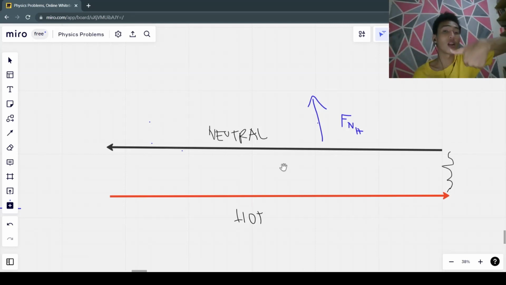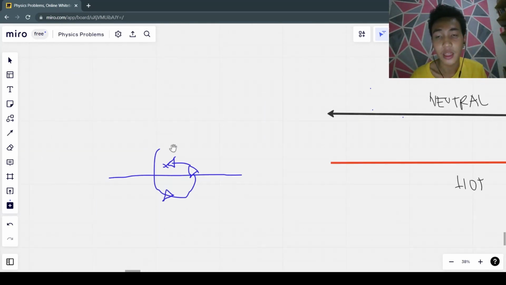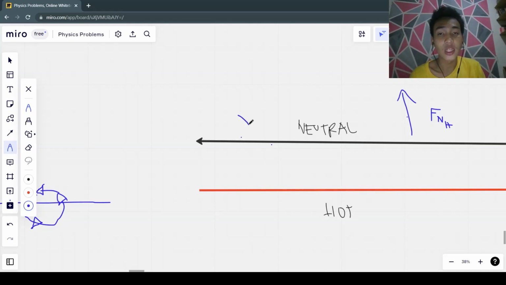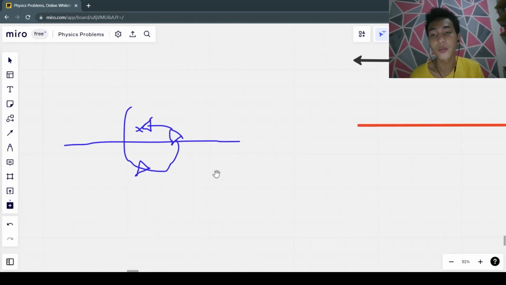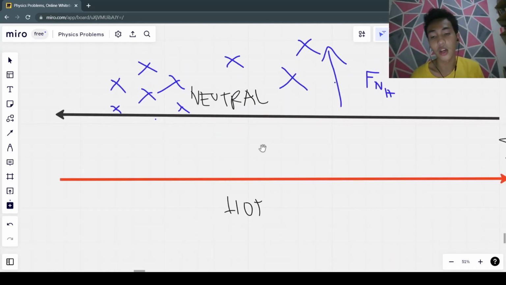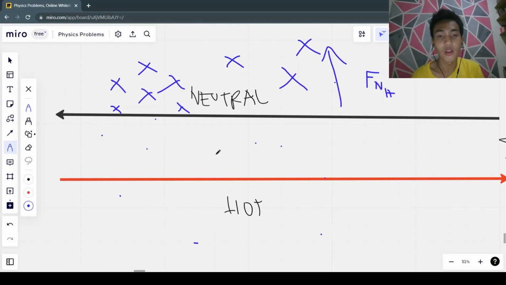It looks like this, but pointing to the left. If you notice, the tips of your fingers point into the palm above the wire. To further visualize, the rotation is still counterclockwise. So, these are the tips of our fingers. Above the wire, the direction of the magnetic field is going into the page, so we have X's there. And below the neutral wire, which is this one, you will notice it points towards you, so out of the page. So, we have dots here, below the neutral wire.